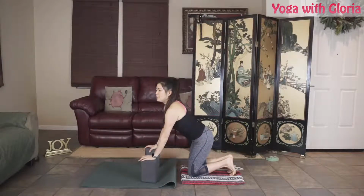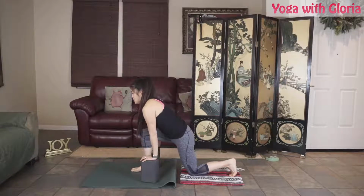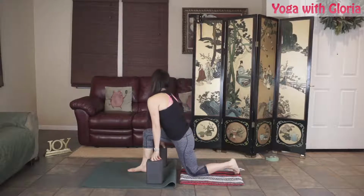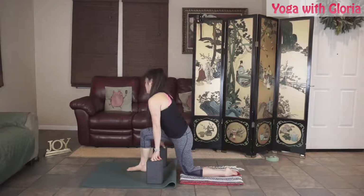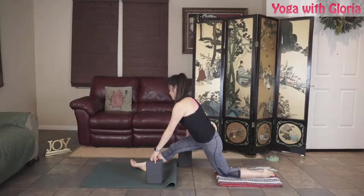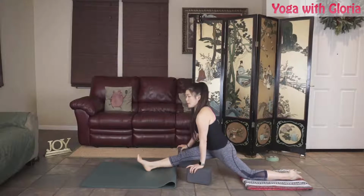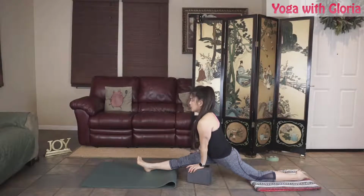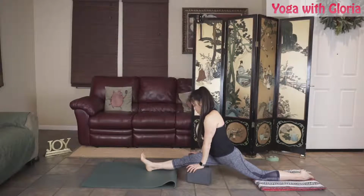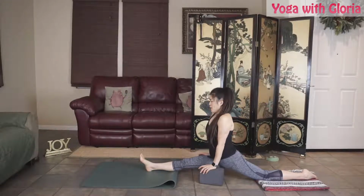So again, every once in a while, we just want to check in with our Ardha Hanuman, right leg forward, just to see how far our practice has come, with practice makes progress, right? So slowly sliding back, sliding back, sliding back. You can stay in Ardha Hanuman if you like, or low lunge, or you can be curious as to how far you can go back. We can yawn,